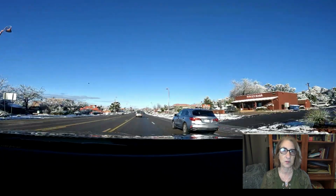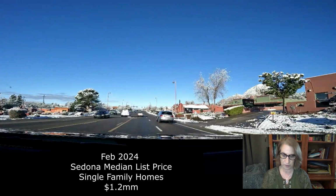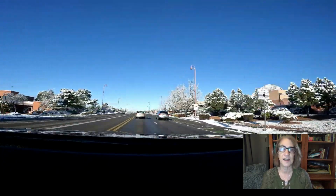So if we're going to talk about housing in Sedona, I want to let you know that right now, of course, we're in late February 2024. The median list price for houses that are active on the market is $1.2 million. $1.2 million is the median list price for any homes for sale. And this isn't all of Sedona, so it's going to be slightly less in the Village of Oak Creek, and this is the average of all. $1.2 million list price,